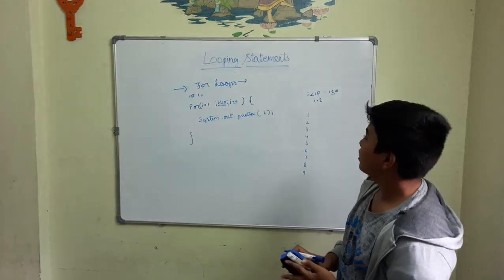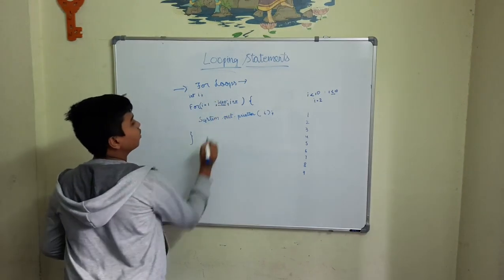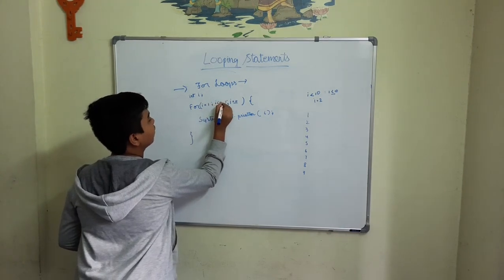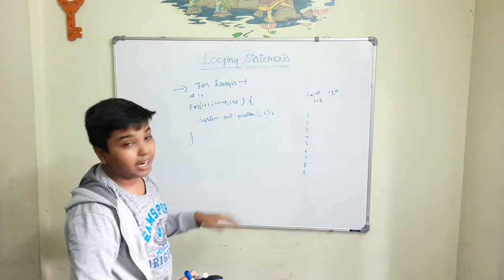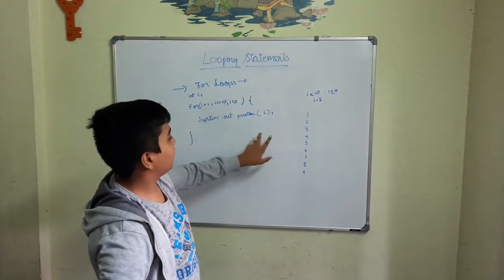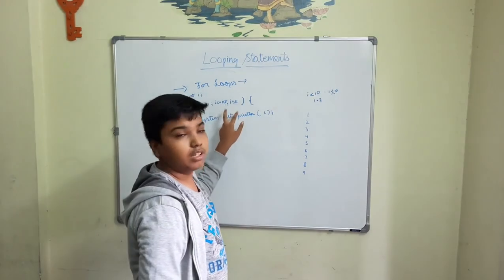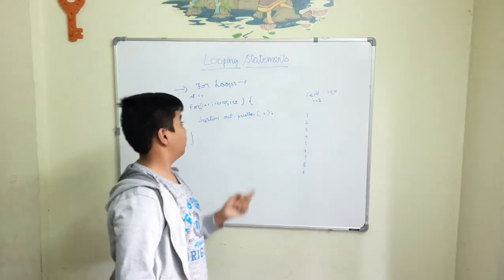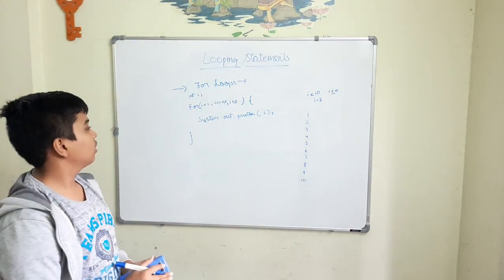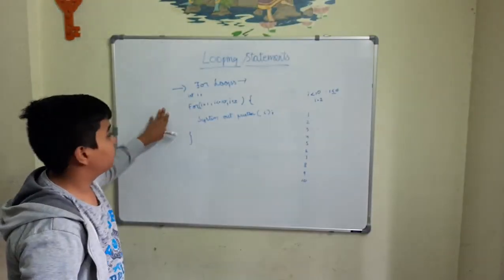Okay? For example, if you wanted to print till 10, there is a relational operator called less than or equal to. You give it I less than or equal to 10. So it will accept the condition even if I is equal to 10 or less than 10. So now when it comes eventually to the value of 10, it checks: 10 is equal to 10 or 10 is lesser than 10. One of them is true, that is 10 is equal to 10. So you print 10 and it stops at 10. Okay? So that is the basic logic of for loops and that is the basic use of it.